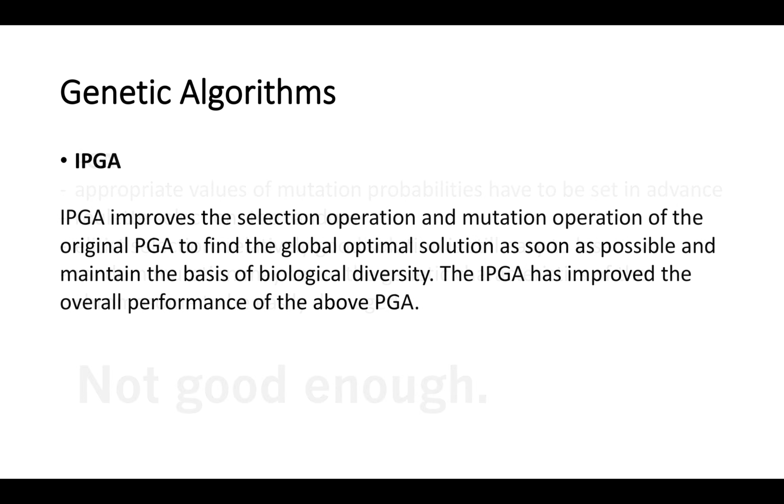In this regard, I propose an improved parthenogenetic algorithm. The improved parthenogenetic algorithm binds the selection and mutation together. A new selection operator and a more comprehensive mutation operator are used. The more comprehensive mutation operator is based on the four kinds of mutation operations in the first parthenogenetic algorithm and abolishes the mutation probability.